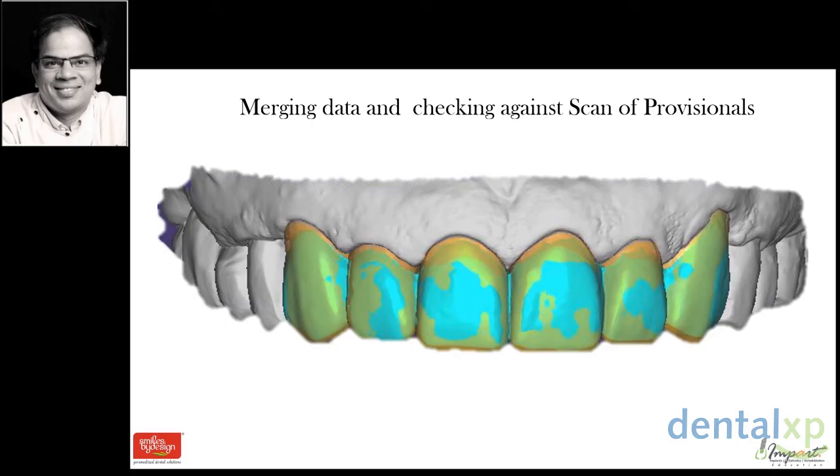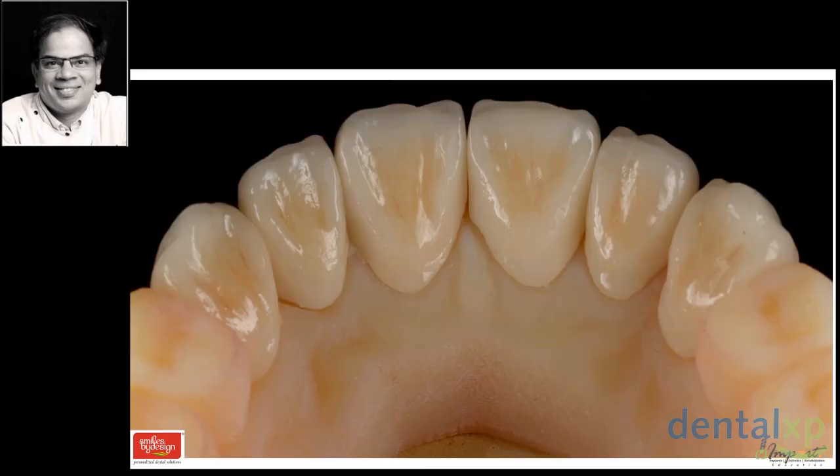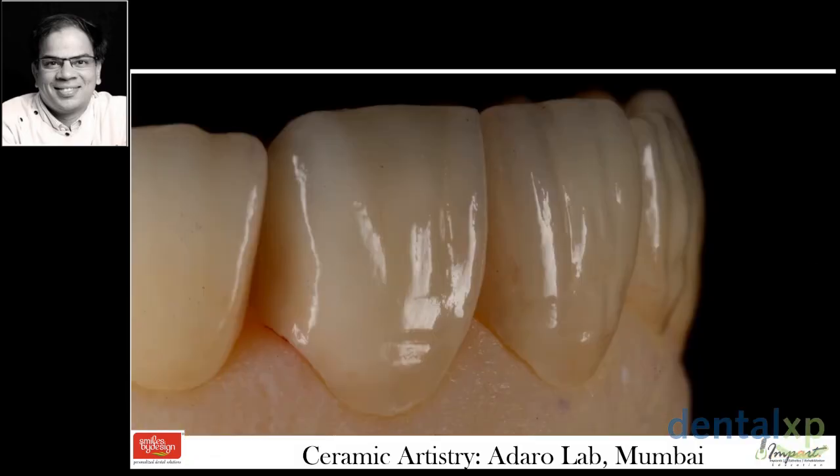The lab then beautifully crafts these restorations and gives us the final product glazed, and this is done by Danish, a very good friend of mine who runs this lab, which is listed below on the slide. And we work hard on getting all these small nuances of the three lobes of the central incisor, the texture, the coloring, and the polychromy that we require, along with all the protocols discussed here.